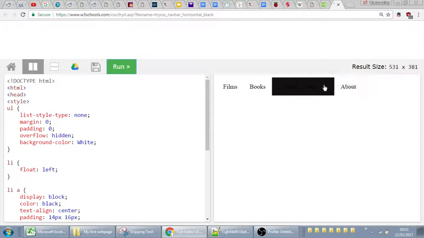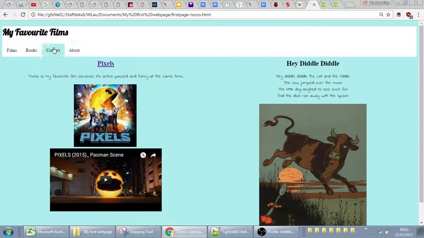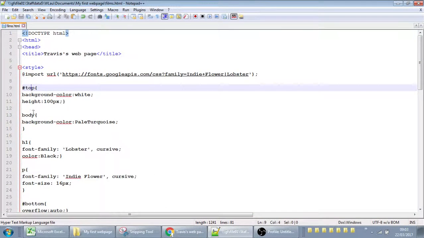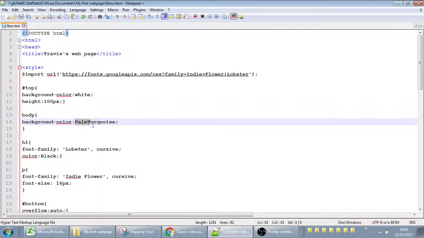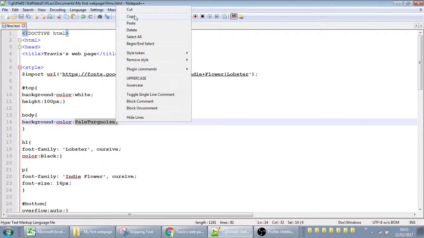When you hover over it, it kind of turns black, and that's not the color that I want, or it may not be the color that you want. You may choose to match the color that you've got on the back of your web page, but it's up to you. So if I wanted to match this color, I would just need to check in the body what color I've used, and I've used pale turquoise. Let's just copy that